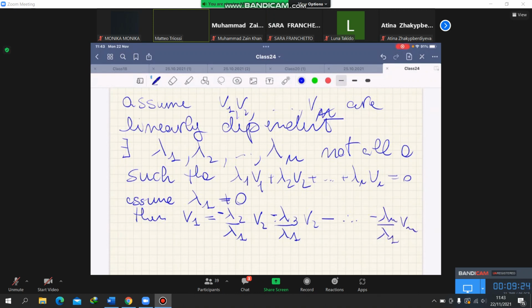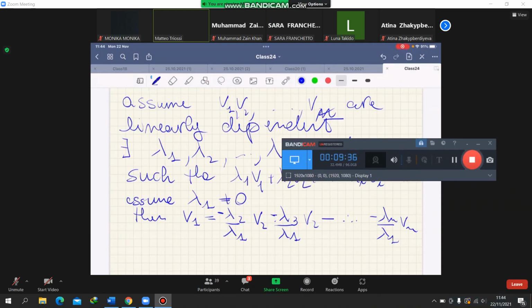You see, in this case, I can write V1 as a linear combination of all other vectors. In some sense, it says that all information